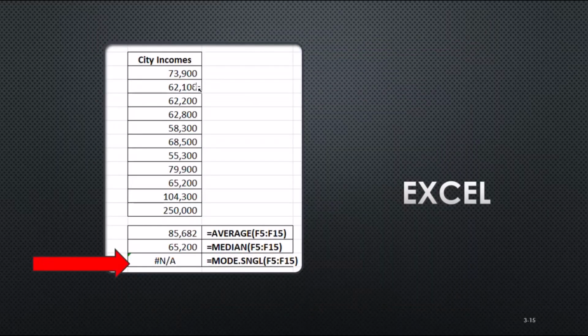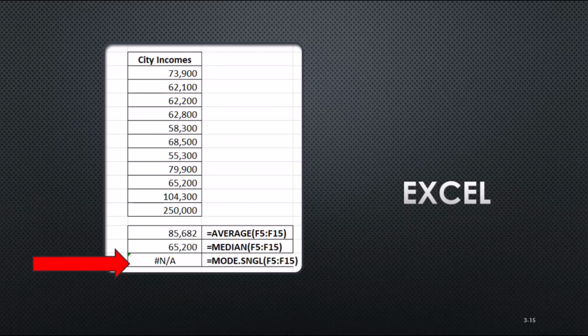Oh, by the way, of course, look at this. If we put our same numbers in here for those incomes in the cities, and we try to calculate the mode, what happens? Oh, it's giving me an error, an Excel error. What does that mean? Well, because all of these numbers occur only once, it's not understanding, because they're all the mode. They only occur once.